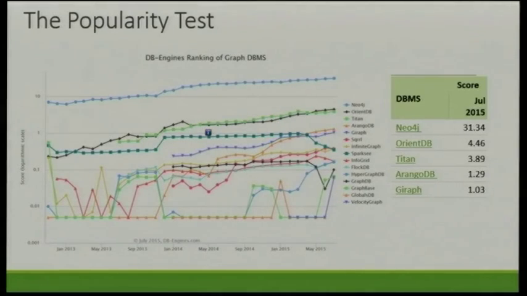So, graph databases. Essentially, there's one big one. It's Neo4j. If you've heard of only one graph database, you've heard of Neo4j. OrientDB, you can sort of see on there, has been tussling with Titan for a little while. When I looked at this graph, Orient was on top, Titan was slightly behind. But yeah, Neo is the dominant force. I'm going to take a look at the top 3,